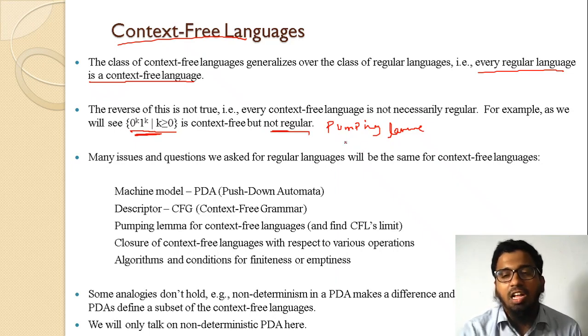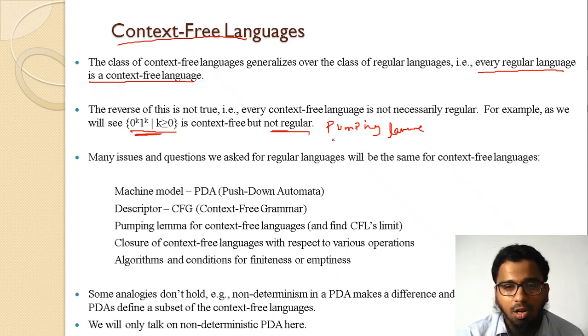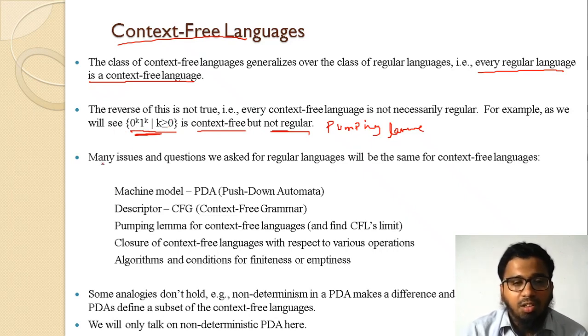We already did in the last lecture that, with the help of the pumping lemma, this language does not satisfy the condition and is not regular, but it is a context-free language. I will show you the example: 0 power k 1 power k, with k greater than or equal to 0. We will solve this. Next, many issues and questions we ask for regular languages will be the same for